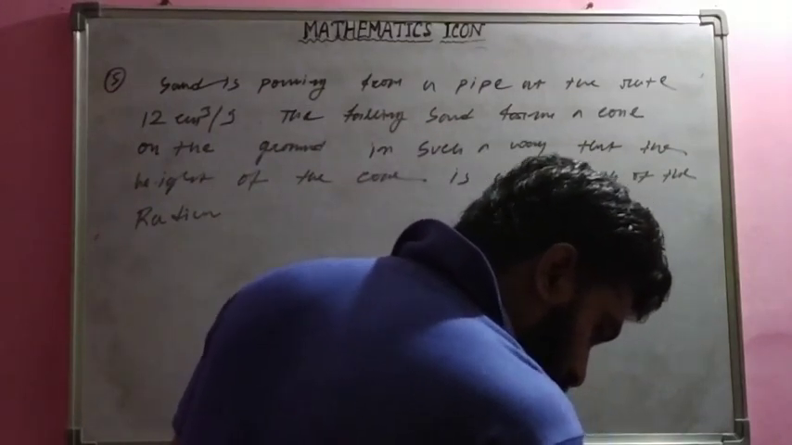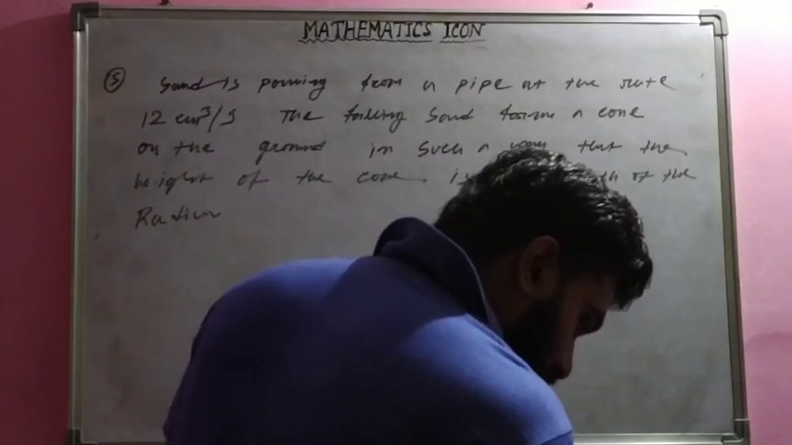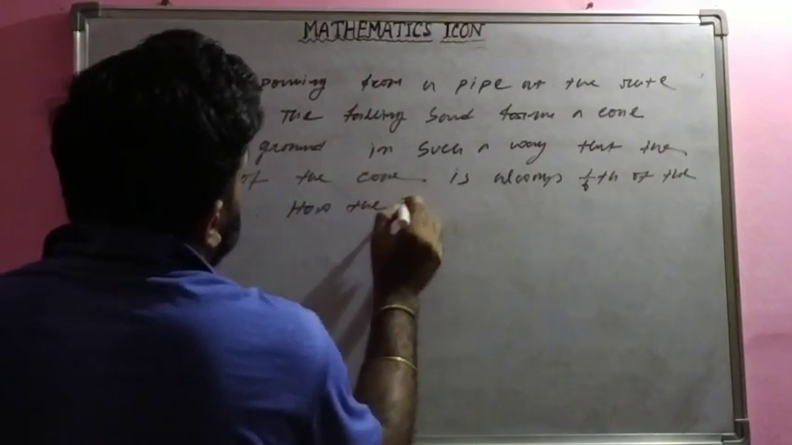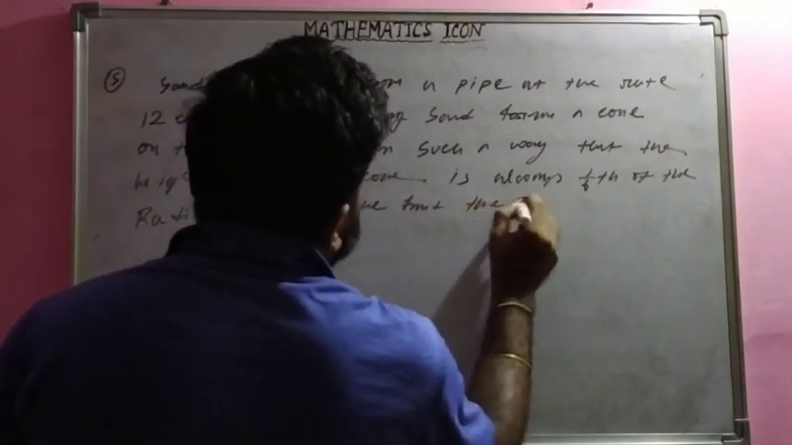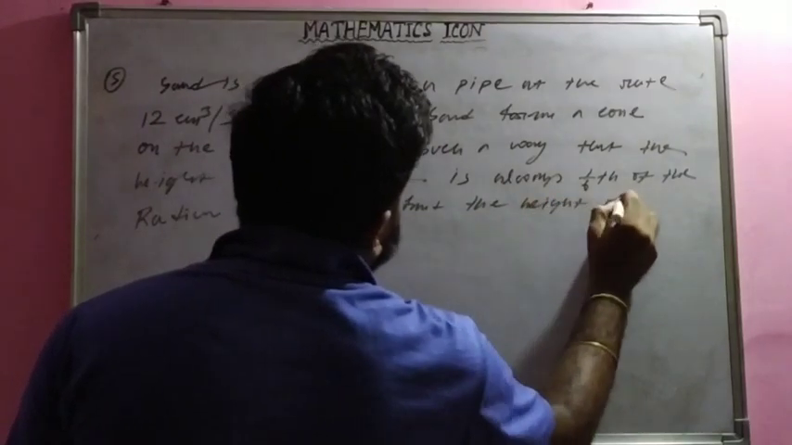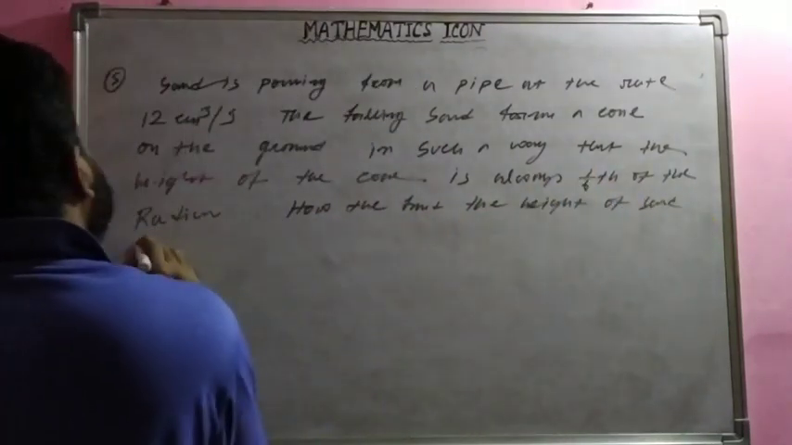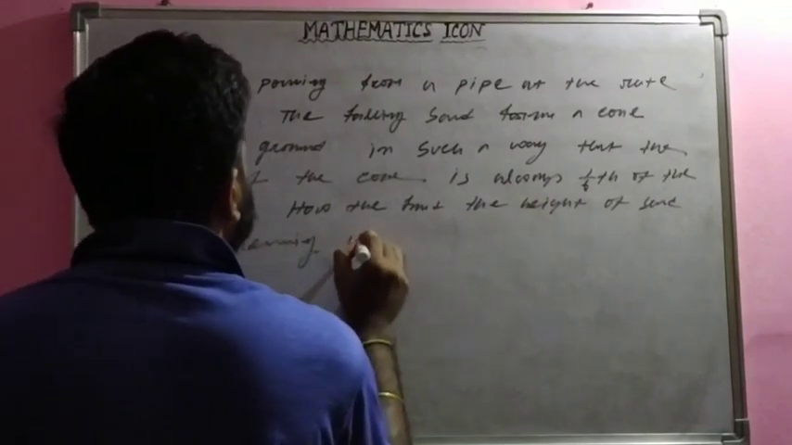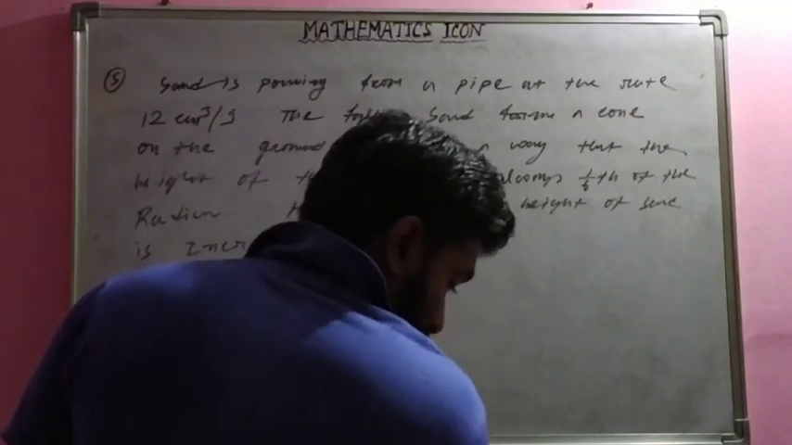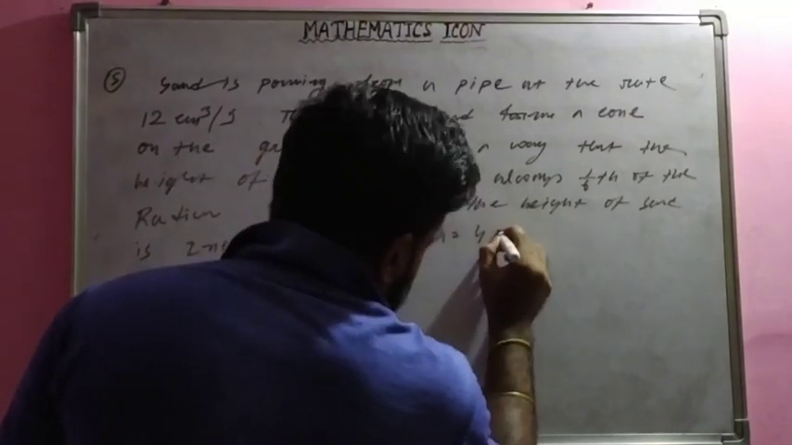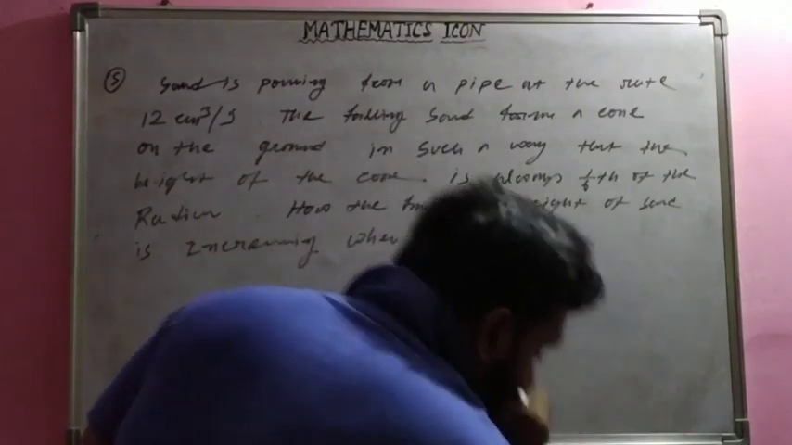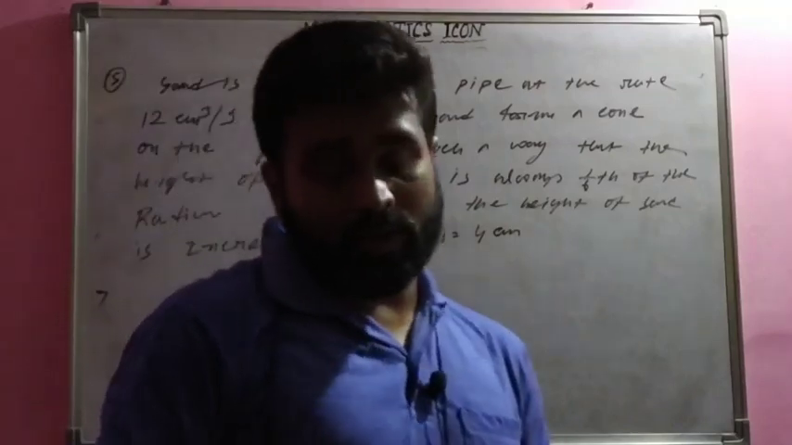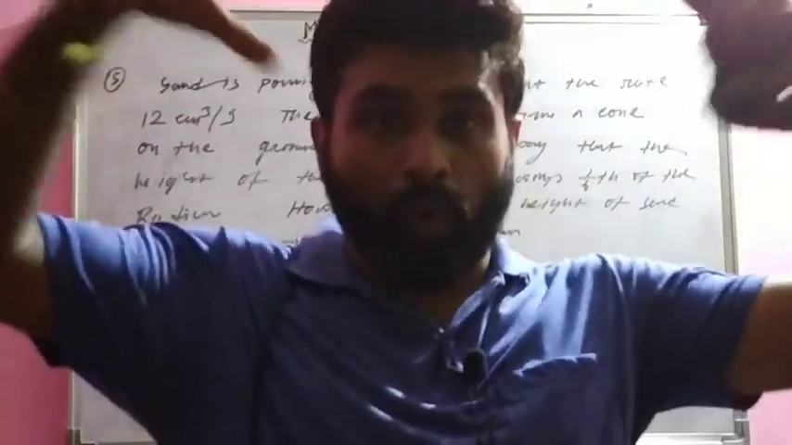How fast is the height of the sand increasing? How fast is the height of sand increasing when h equals 4 centimeter? That means, I don't know whether you have seen or not, whenever this sand is being poured on